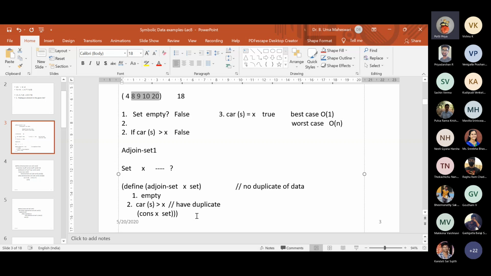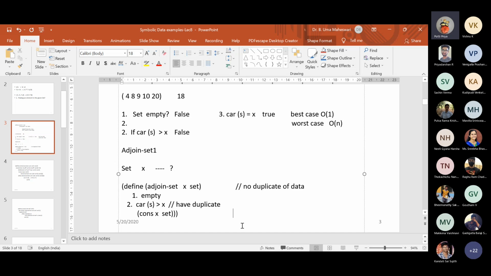We can either use cons or append, is what I said, ma'am. Okay, you're right actually. So cons you can use, and this append will always append at the end, isn't it? In Lisp, how will it perform? We will break it down, ma'am. Suppose we realize that 18 comes before the position of 20. At that time, the previous elements also we need to keep track of, ma'am.